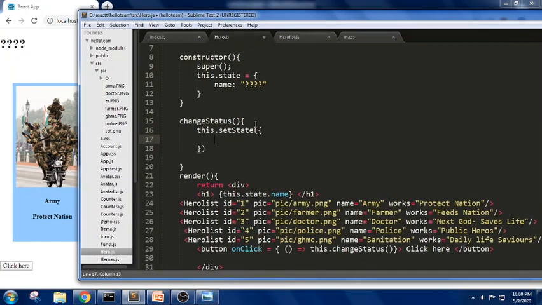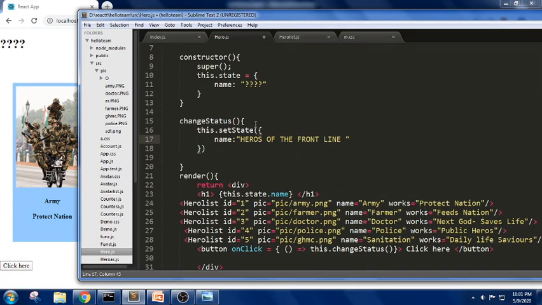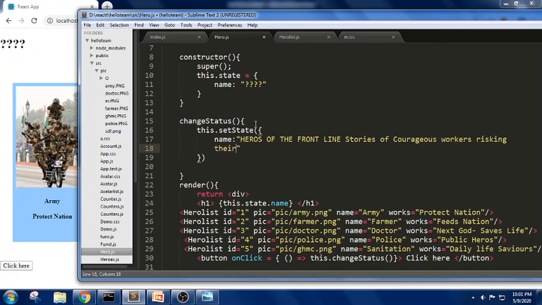In this setState, we define, like, heroes of the front line, sorry for this, heroes for the front line, stories of courageous workers risking their own lives to save ours.